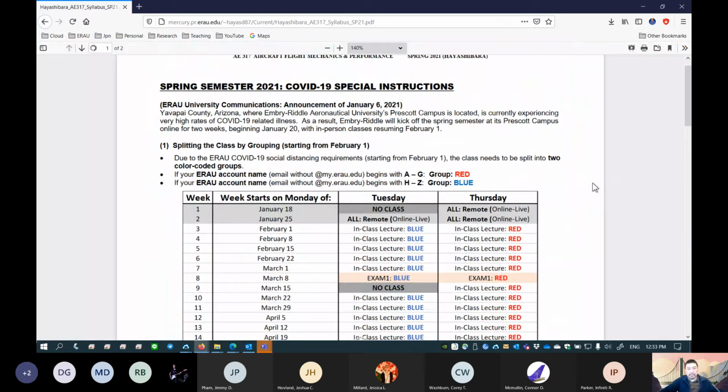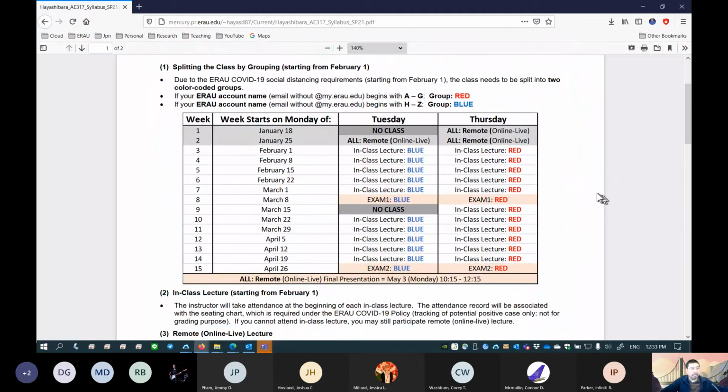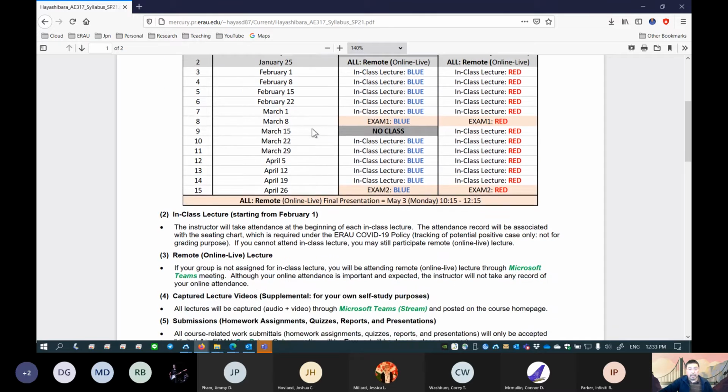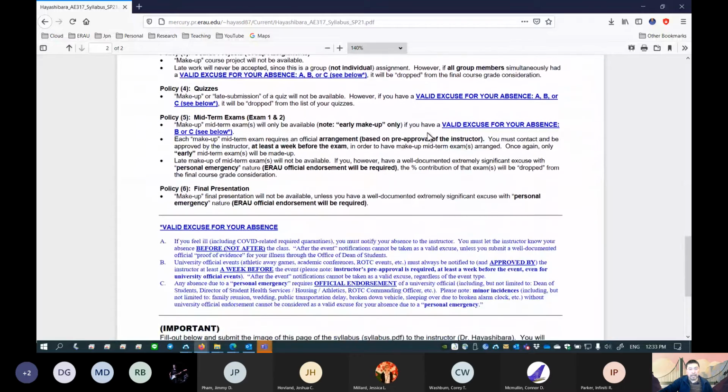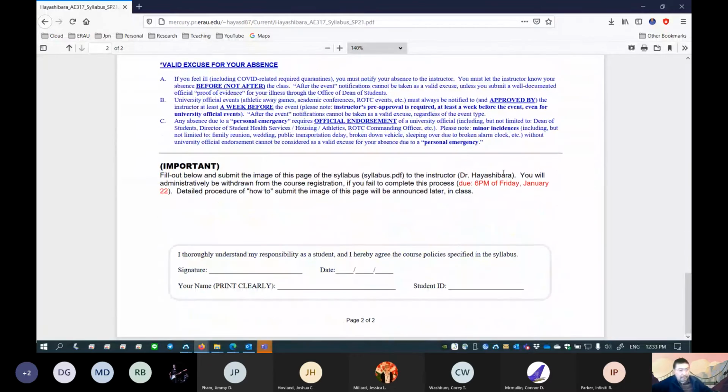So this syllabus, first page is, like I said, I don't think we need to split into two groups. So everybody's in class. And then I'm going to broadcast online from the classroom. So if you want to participate remotely from your room online, you can still do it. Okay. Please read through this page very carefully. Okay, so now you have to basically sign, fill in this portion, and then you have to submit. Okay, submit is the important thing.